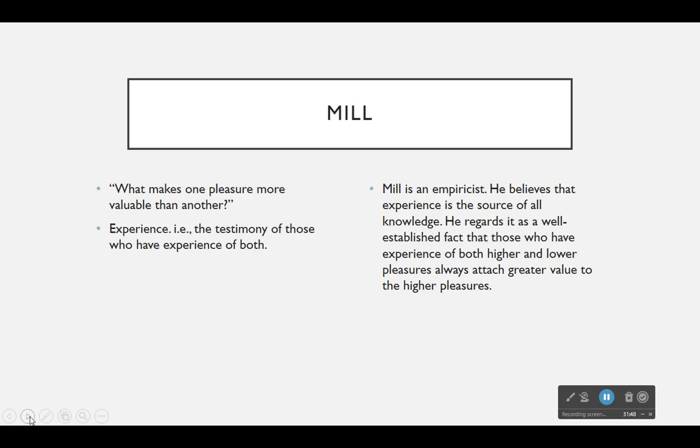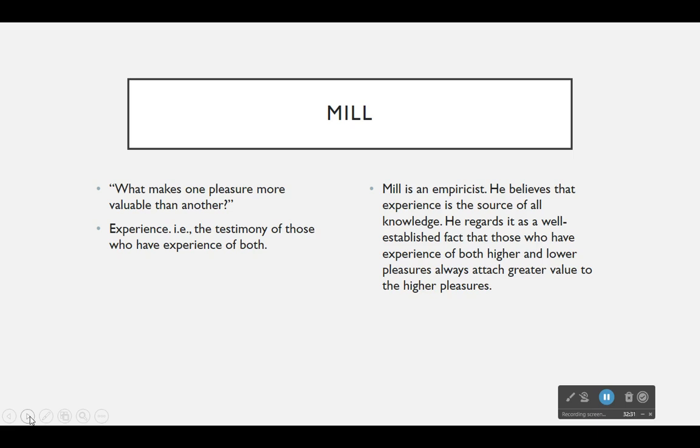Mill is an empiricist. He believes that experience is the source of all knowledge, and he regards it as a well-established fact that those who have experience of both higher and lower pleasures always attach more value to the higher pleasures. So when you're trying to determine which pleasure is the better pleasure between two pleasures, between X and Y, let's say, if you ask somebody who can only appreciate X or can only appreciate Y, of course, they're not in a position to make that judgment. You have to seek out the testimony, you have to seek out the experience of those who are capable of